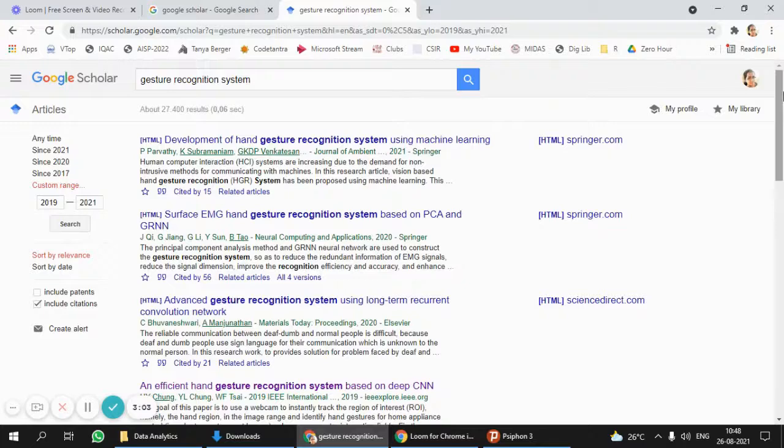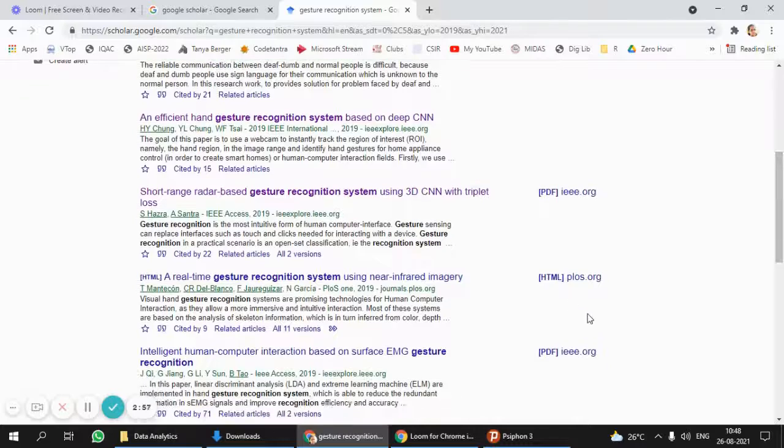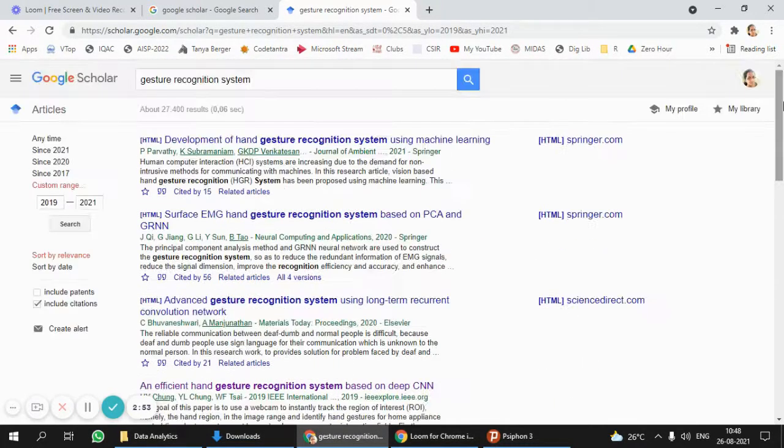And as you know, always go for some standard journals like Springer, Science Direct, IEEE, PLOS. Okay, so these are some of the standard journals here. And whatever papers are coming here, whatever references are coming here, will be 99% a good journal only. Okay, besides that, you have one other option to identify if it is a good journal or not, so that I'll tell you shortly.